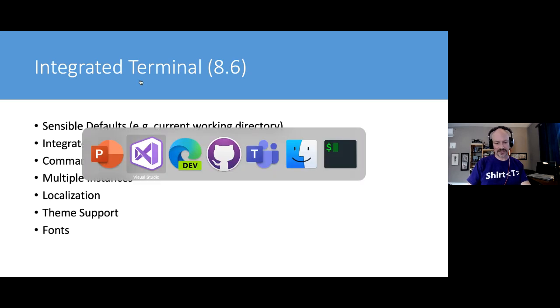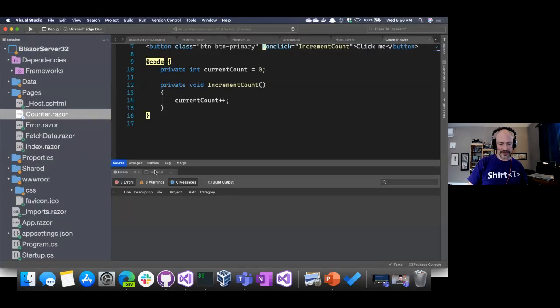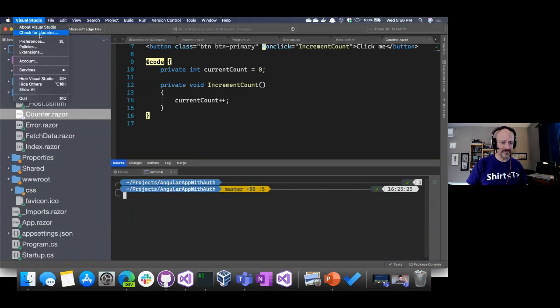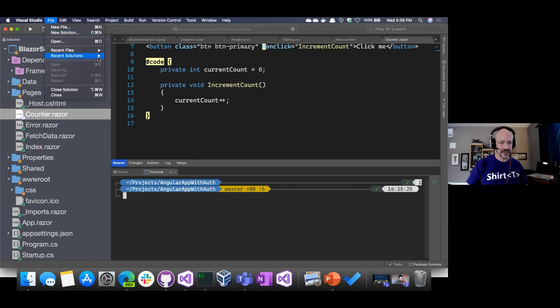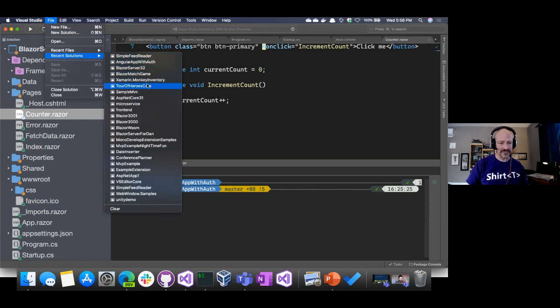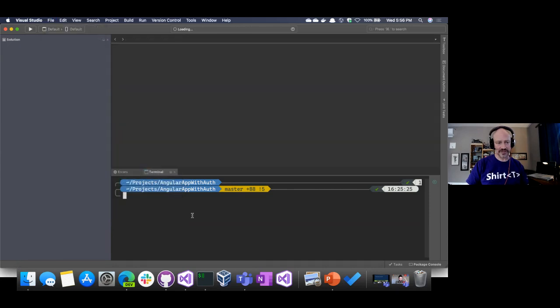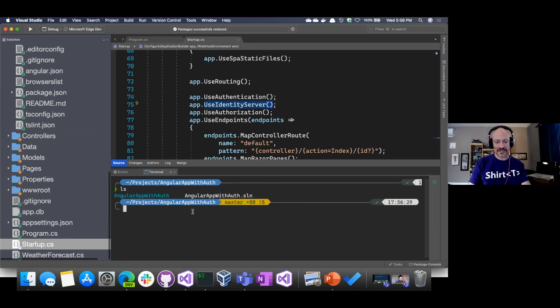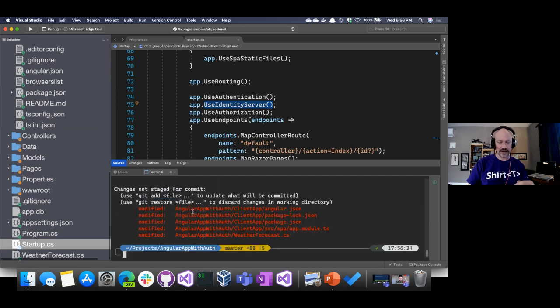And so as an example, let's go in and check it out. So here I've got, let's actually switch over to a different one. And I'm curious if people want to answer on here, if anyone is using the previews and has started using the terminal, if anyone's played with it and run into anything or likes it or has feedback. So, I mean, it's nice because I can do things like get status, and I've got full color